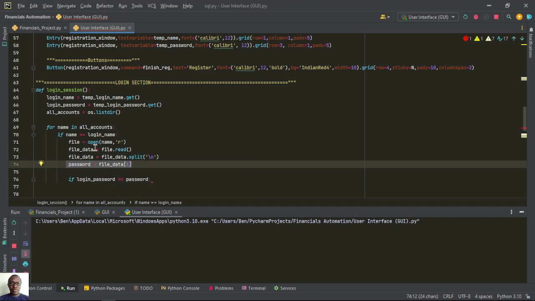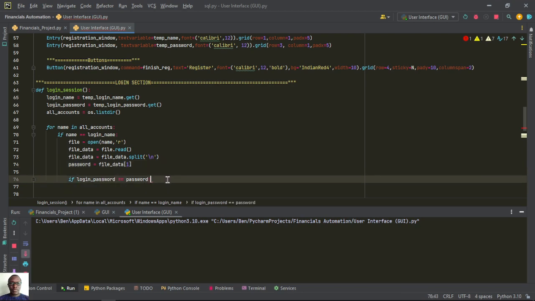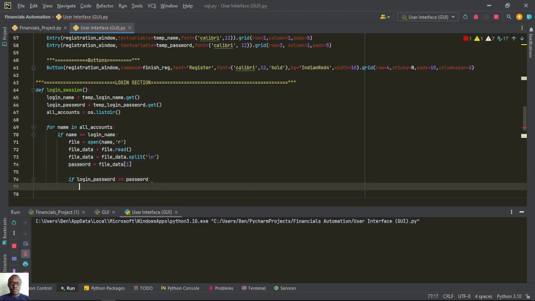So now we are trying to log in, but we are saying that if login password is equal to password, then we'll come down here. Then we'll destroy the screen. After logging in, we want to destroy the screen and create another window